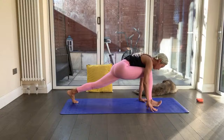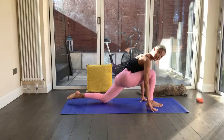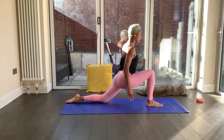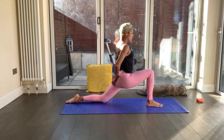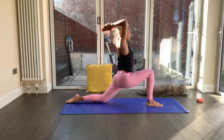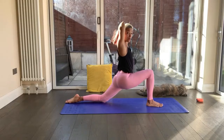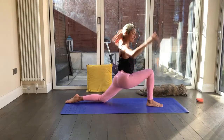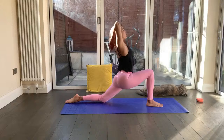Place that foot in between your hands, bend your knee, left knee's bent, release that toe, lift your chest nice and lifted, breathe, tucking in, making sure you're lifting those hips under, bring those arms up, release the hands behind your neck, again holding it here, pushing through very, very gently as far as you can go without losing your alignment. Breathe, hold it, tummy's lifted, lift that chest up to the sky, hold it for 4,